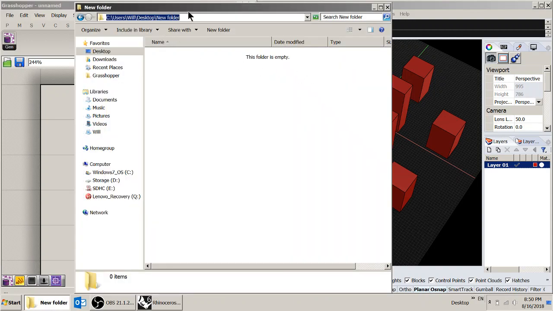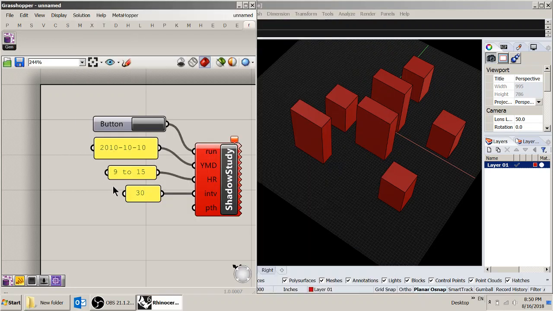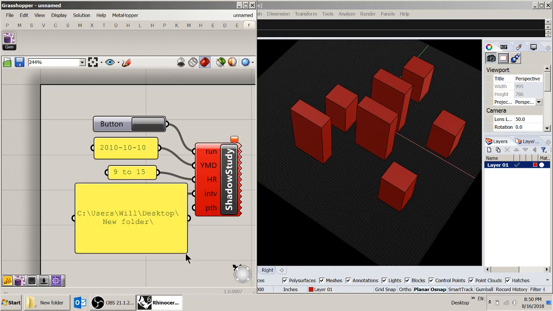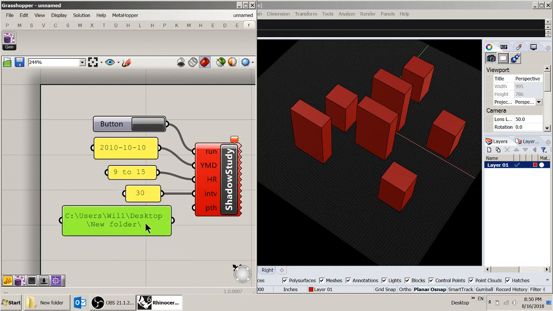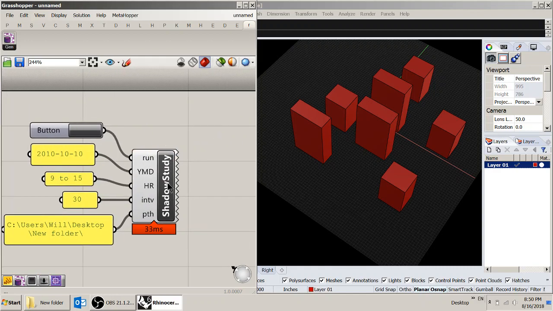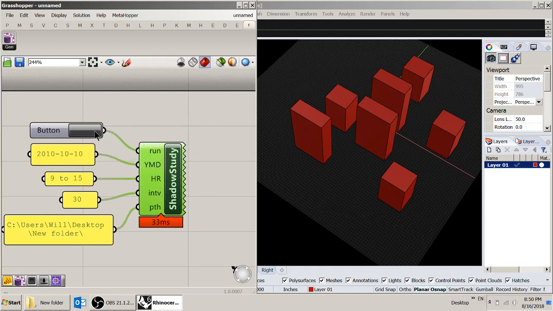Here I am just going to export it to my desktop, new folder. Copy and paste that. Because it's a folder, make sure you have that backward slash. Now it's green. So if you click run,